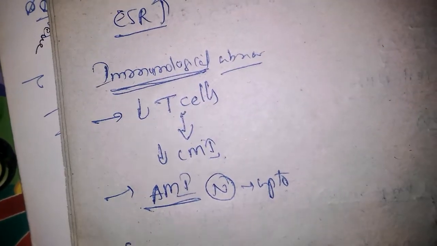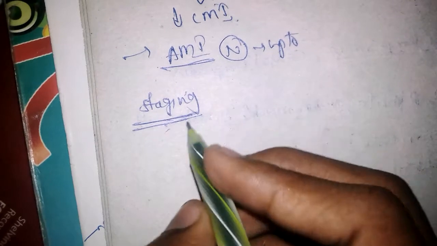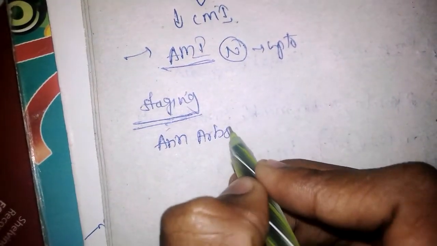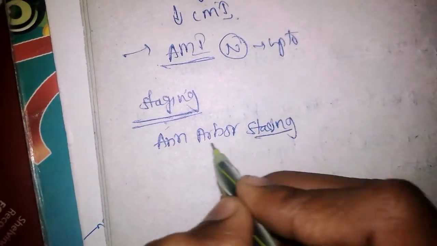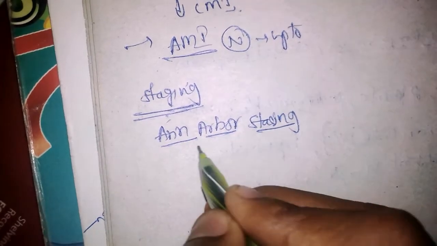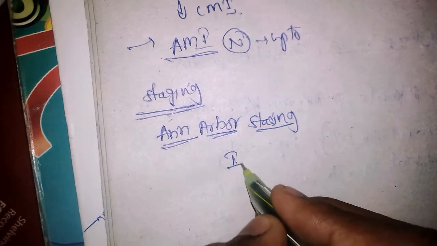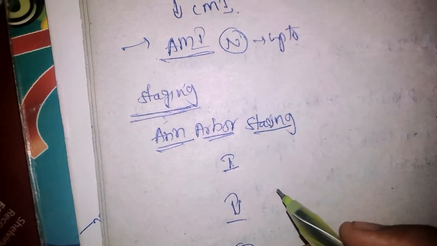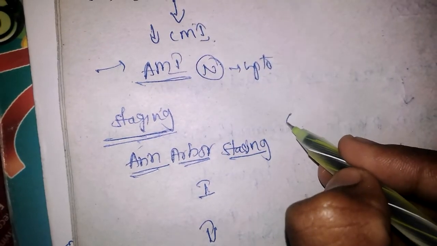Then coming to staging, how will we stage this? The staging is done by the Ann Arbor staging method. Here usually we divide into 4 stages: 1, 2, 3, 4. Here we also use some letters. The letters are E, A,